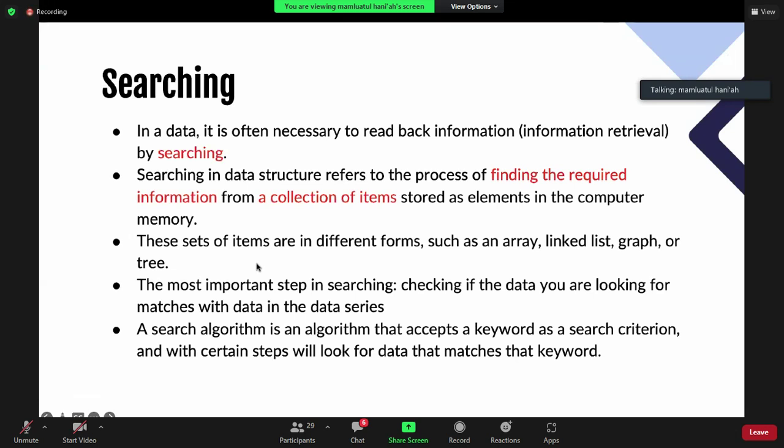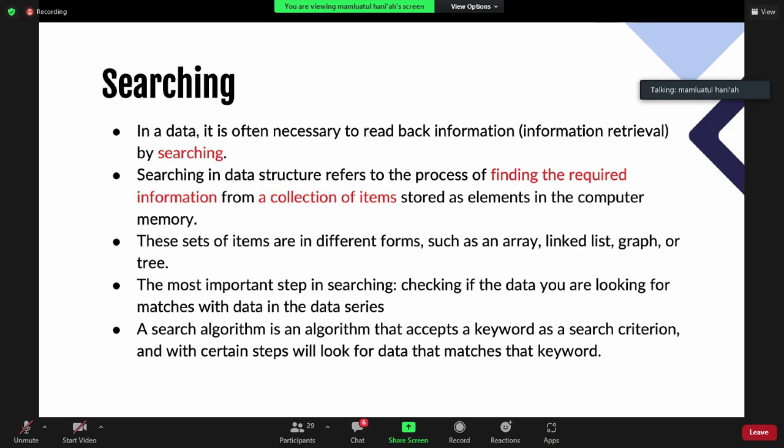Searching. I think you already do searching in Google, yeah. You input some keyword and Google will give you the result, ya kan? Maybe you can search about algorithm and Google will give you some results that match your keyword algorithm, like that.